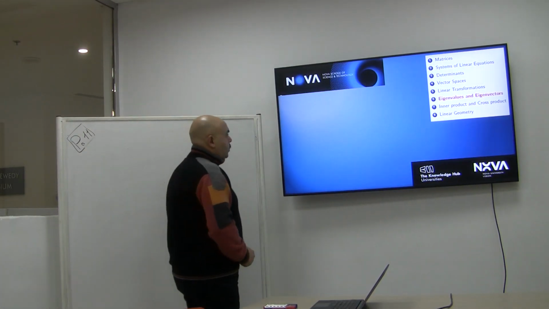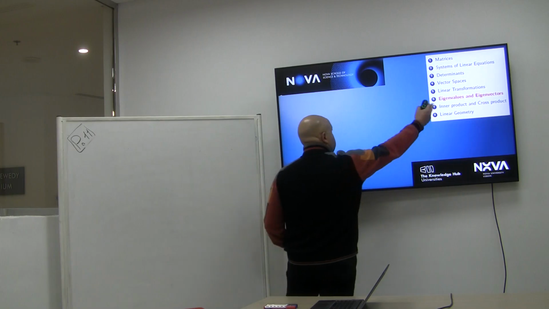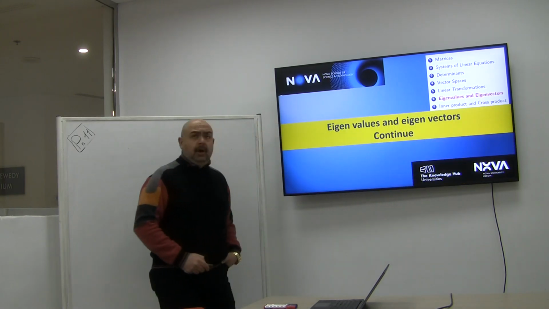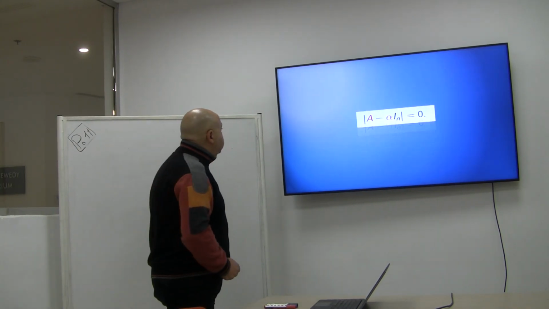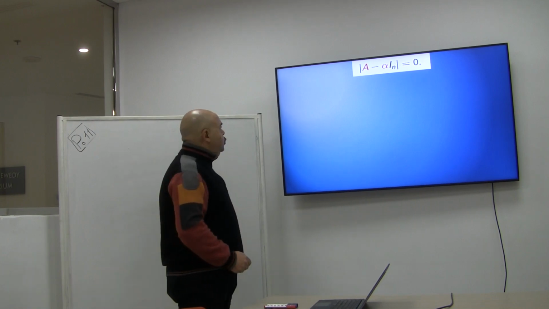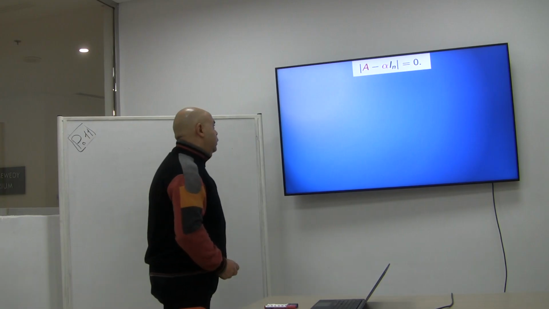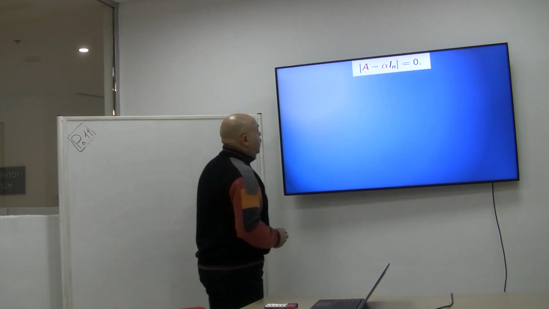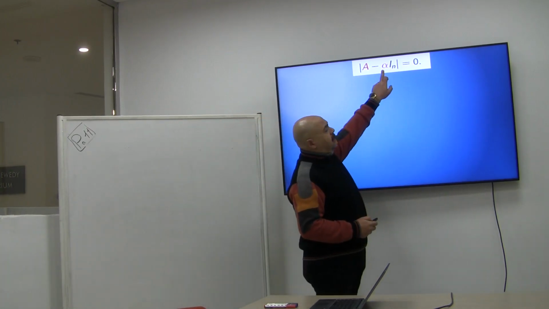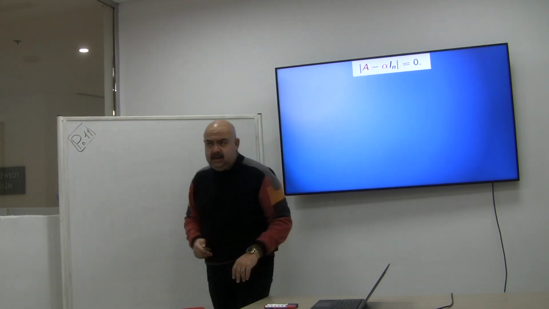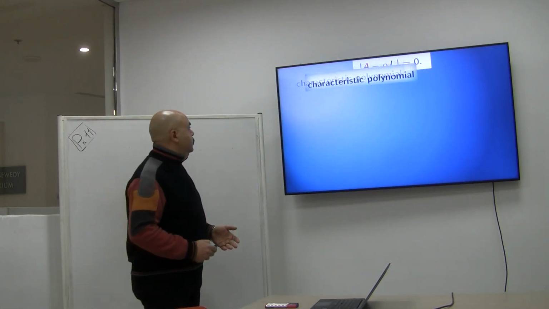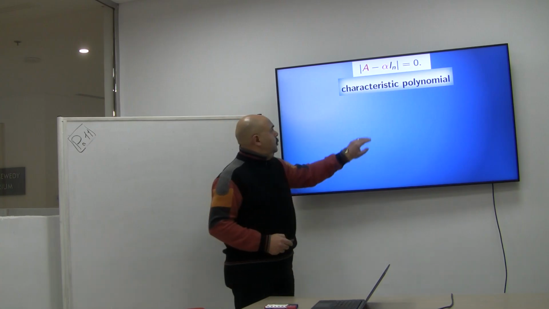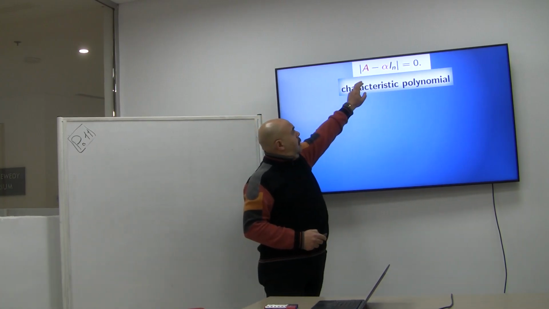Today we will continue exploring eigenvalues and eigenvectors, and hopefully we will be able to finish this chapter today. I want you all to remember that the characteristic equation that we use in order to get the eigenvalues is simply A minus alpha In equal to 0, where alpha is the value of the eigenvalues. Okay, the characteristic polynomial, once you try to